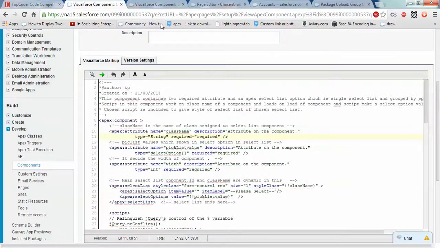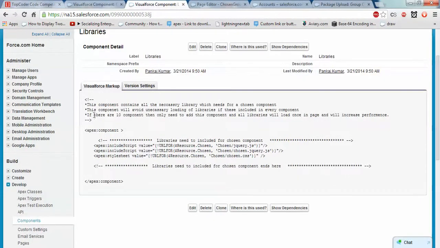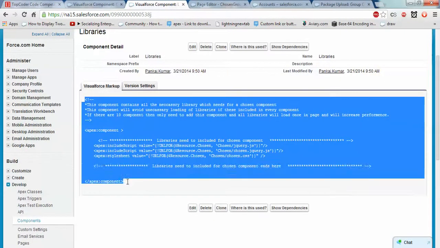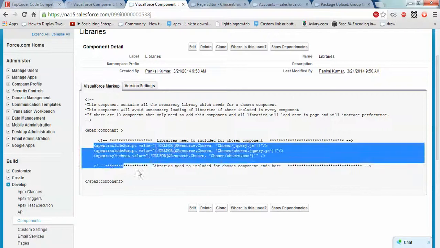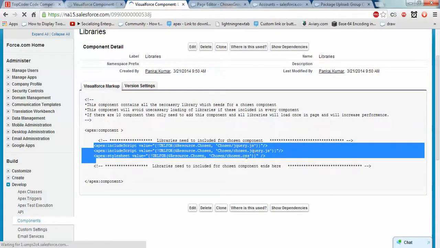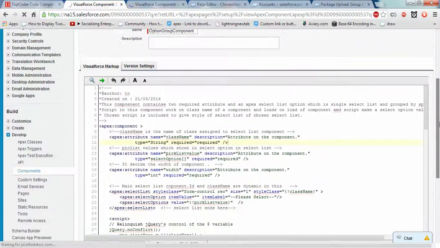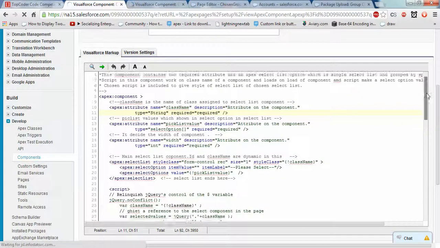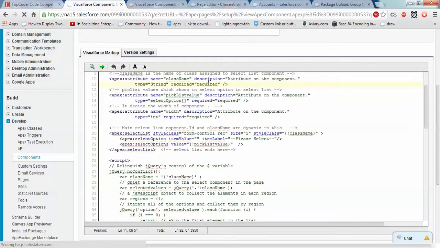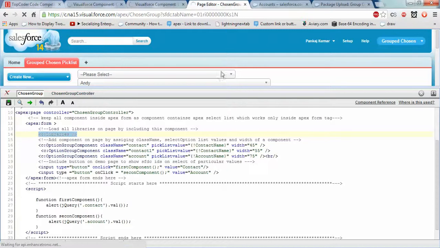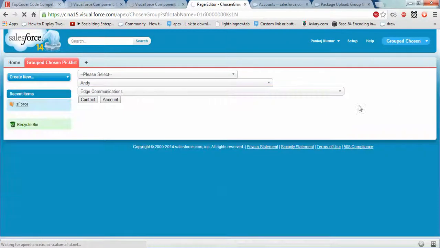Let me show you the C libraries component. Here we have only three libraries: chosen jQuery, chosen jQuery.js and chosen.css. In this I have created another component, which is the main component. It has three attributes: class name, text value and width, as much as you want to give, like 95%, 75%, 55 or 45.